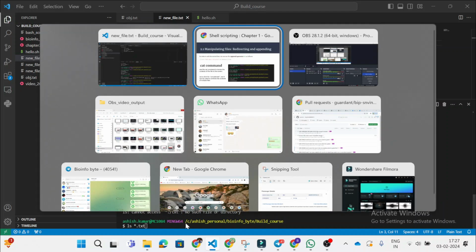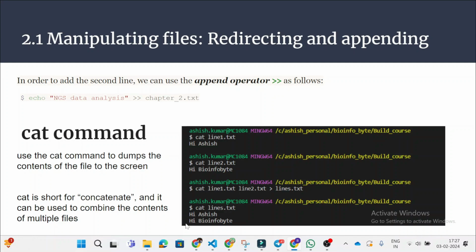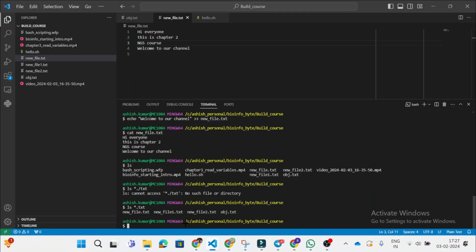We have to use the quotes. Yeah. So the pattern we are looking for is .txt. Now in the output we have all the files which end with the .txt extension.